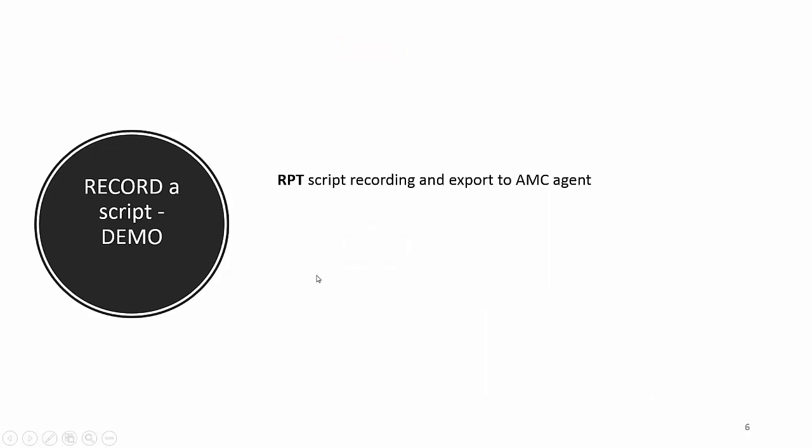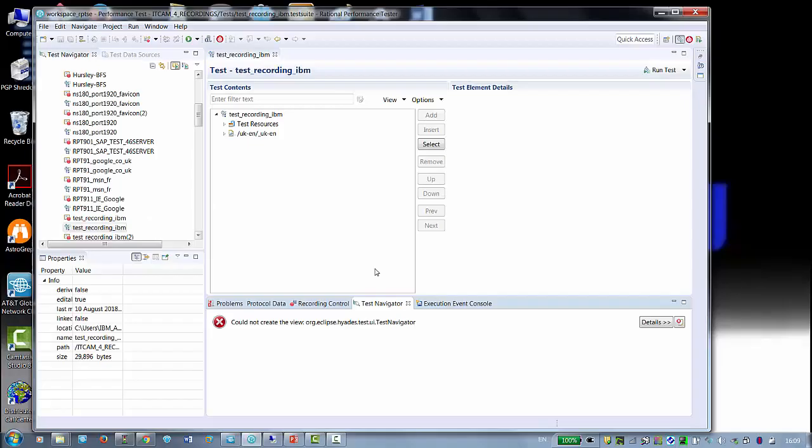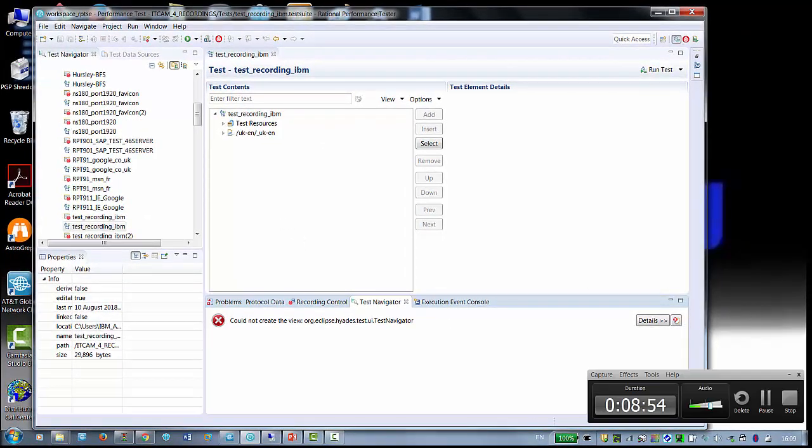So let's now move on to a quick demo of how to record a script. I will show you how to record a script with RPT or Rational Performance Tester. You do similar things with RFT. You need to refer to RPT or RFT documentation for further information. Okay, so I started RPT here, and